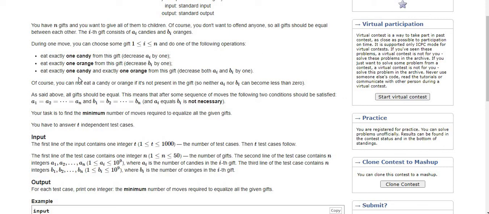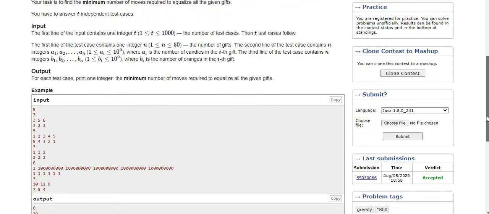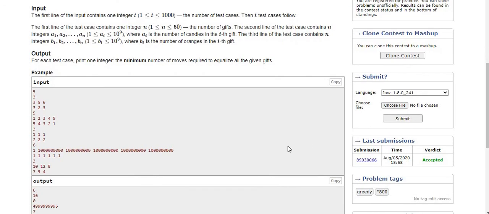And if we pick up a value from array 1 and a value from array B, in that case we have to decrement the value of array 1 and array 2 by only 1, not by 2. That's the case we have to follow, and the expected output is the minimum number of moves required to make all the values from array 1 the same and all the values from array 2 the same.